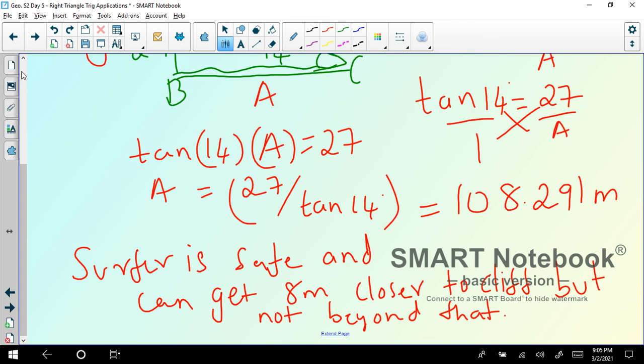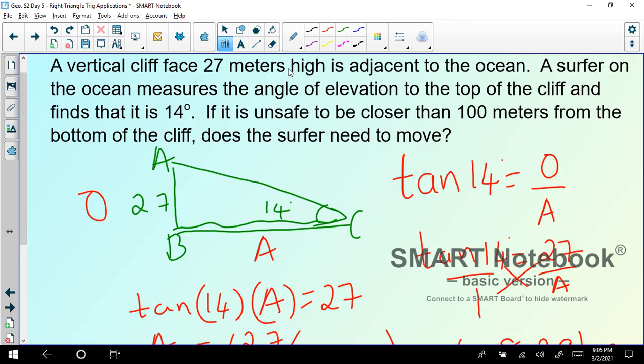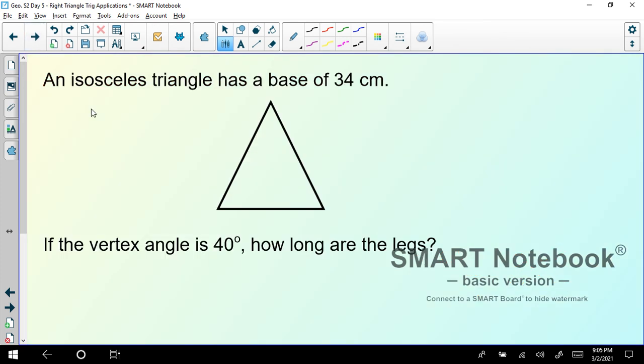I hope you see with these kinds of problems, the only thing is you need to convert the sentences into a figure, then whichever sides are involved, you have to take that particular trigonometric ratio. Okay, let's move on to the next slide. We had already done these problems. This is a repetition of the slide, so I'm just going to the next one.